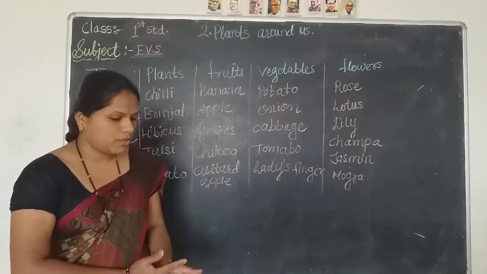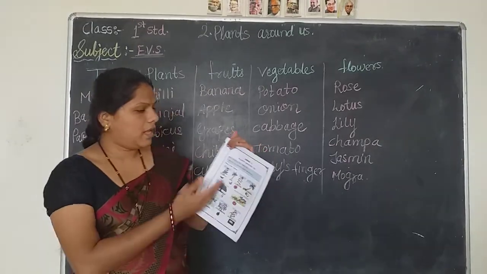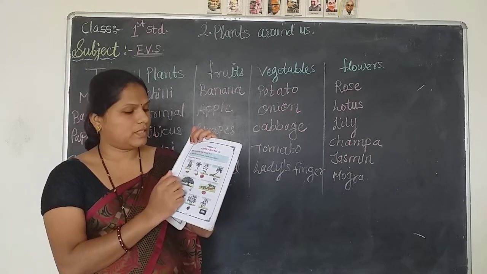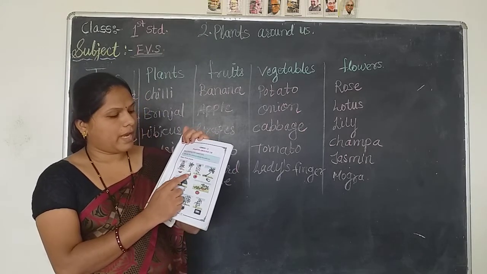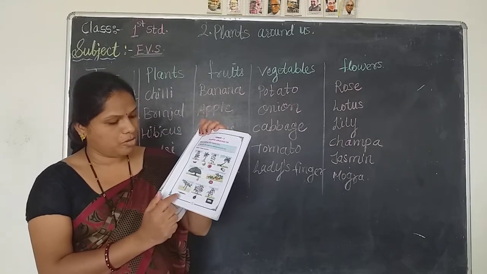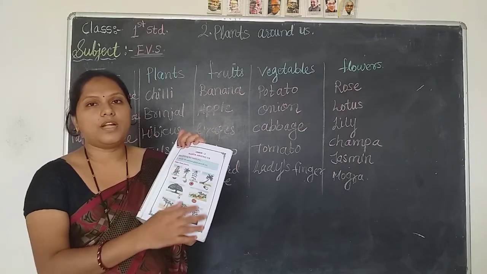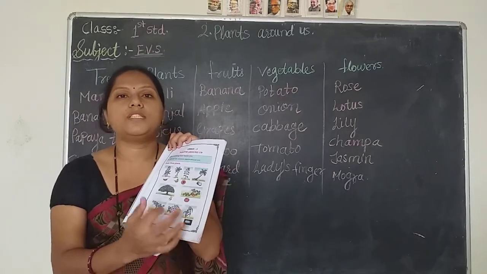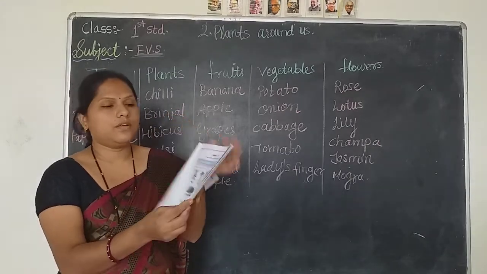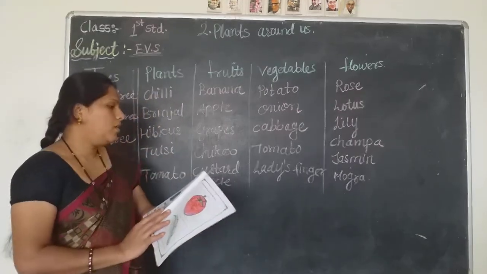Okay, now we will turn to our lesson. I have already explained the names of these plants. You have to write the names here by using your pencil. There is a chili plant, banana, sunflower, coconut, mango, pumpkin, beans, brinjal and rice. There are given here different types of crops, trees, plants, flowers and vegetables. So you have to complete the names here. So turn to your page number 13.